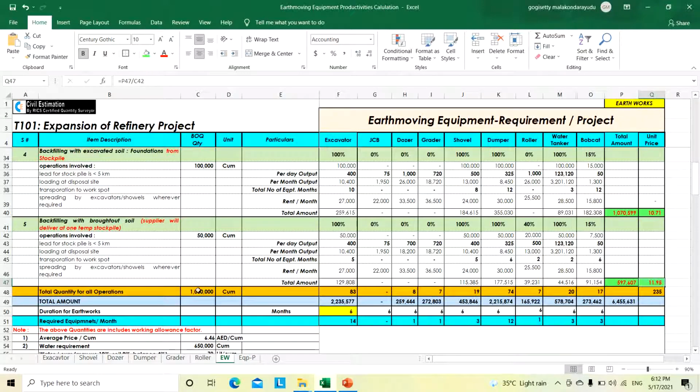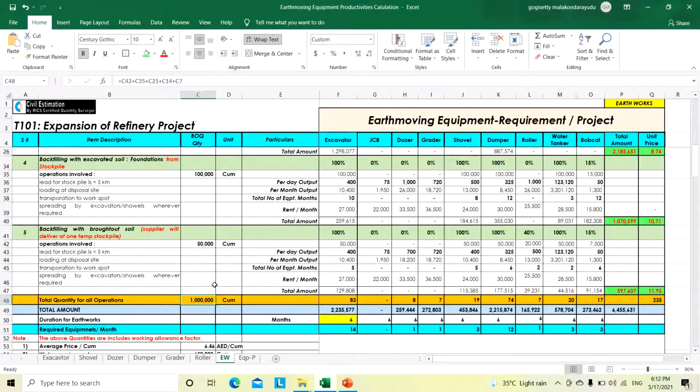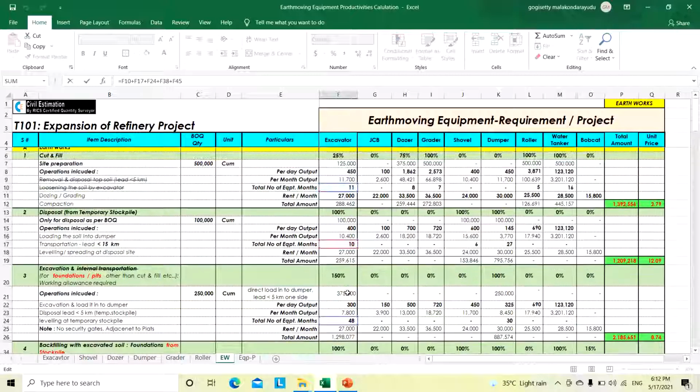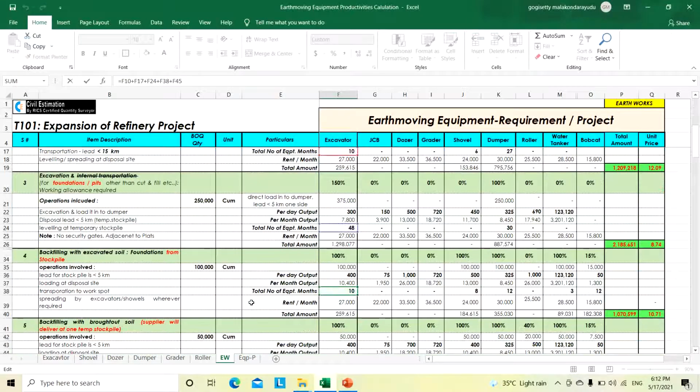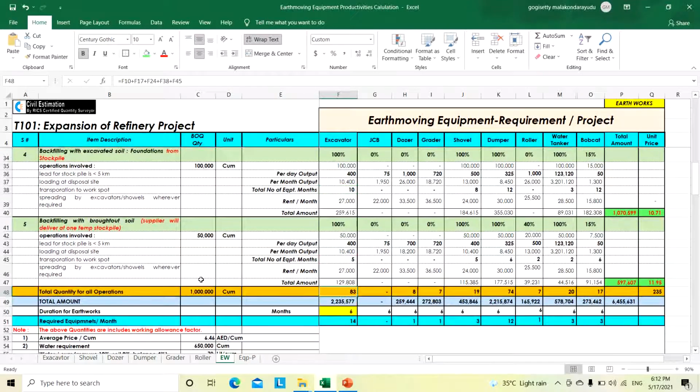Like that, total operations, whether it is backfilling, excavation, disposal, cut and fill, total 1 million cubic meters. To do the 1 million cubic meters, how many equipment months are required? Summing all the operations, cut and fill, disposal, excavation, backfilling with excavated soil, backfilling with brought-out soil: excavator 83 months, dozer 8 months, grader 7 months, shovel 19 months, dumper 74 months, roller 7 months, water tanker 70 months, and bobcat.